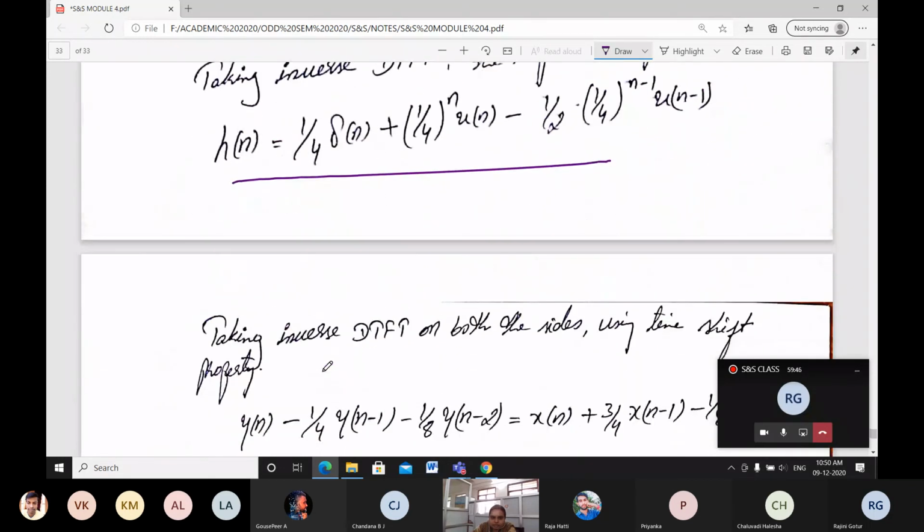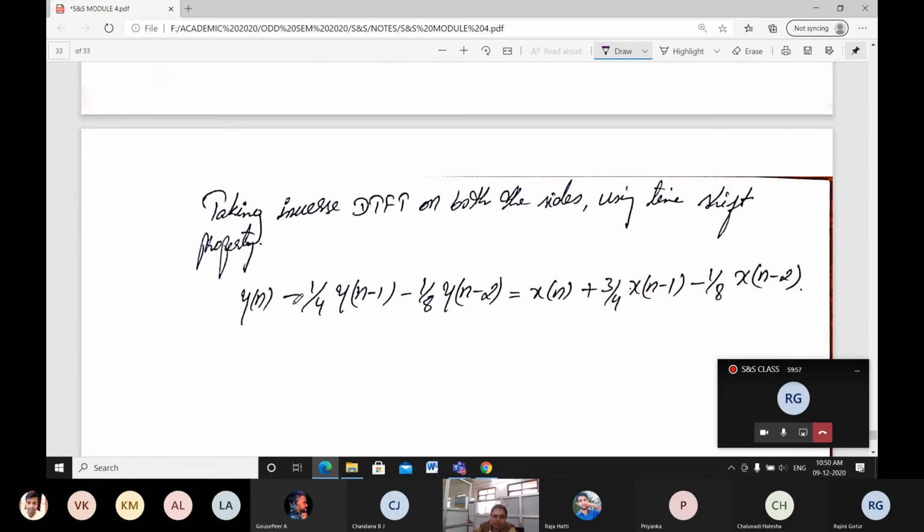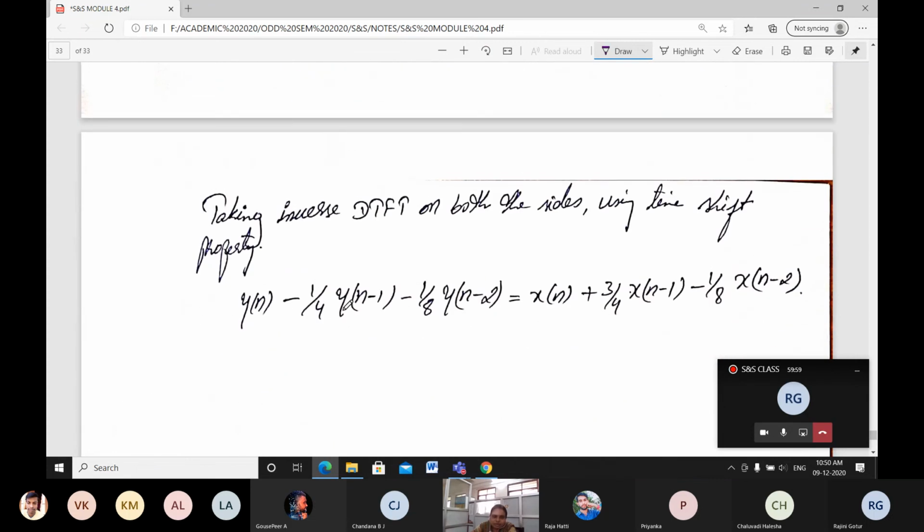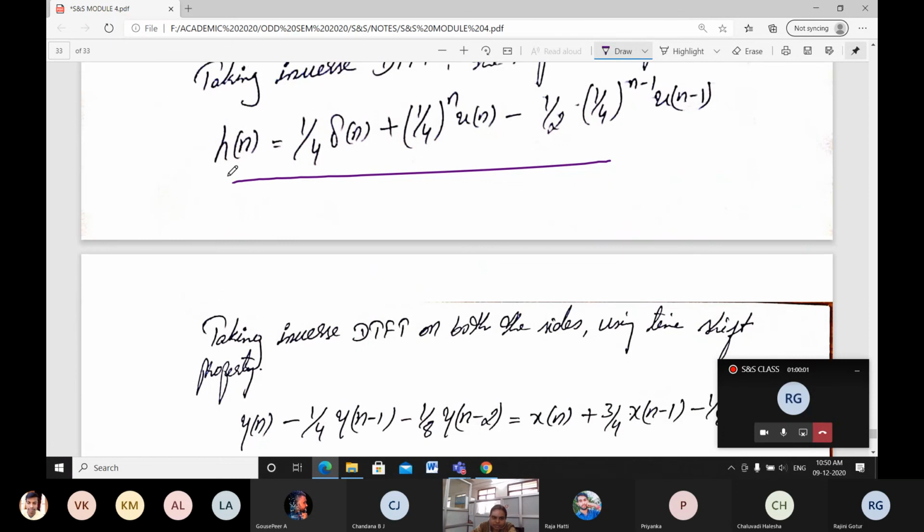From this, taking the inverse DTFT on both sides using the time shift operation, I can write y of n minus 1/4 y of n minus 1, h of n is